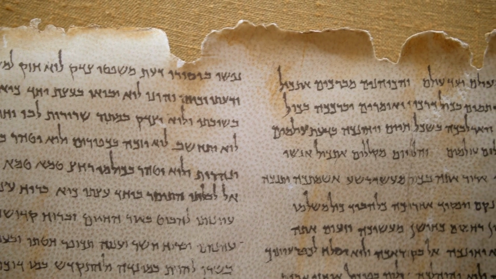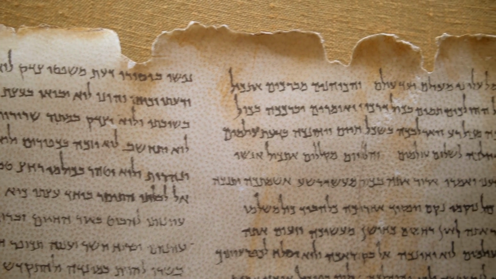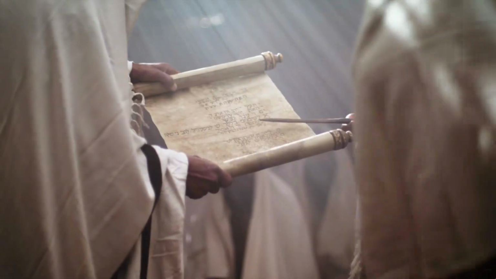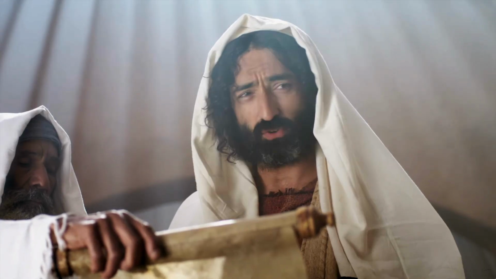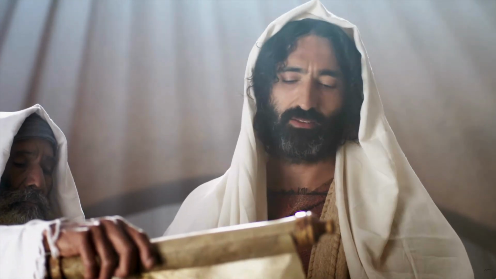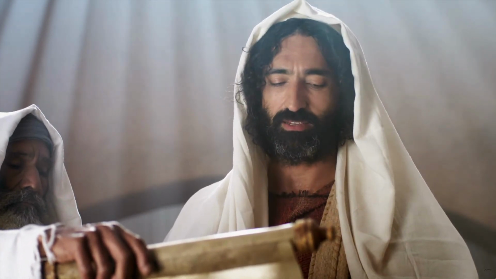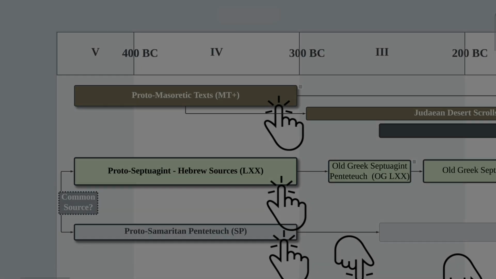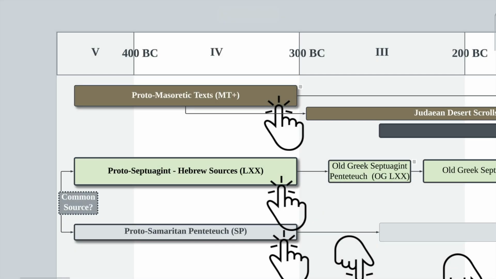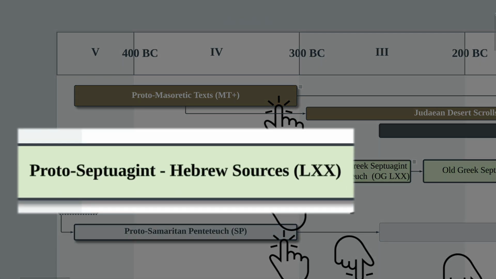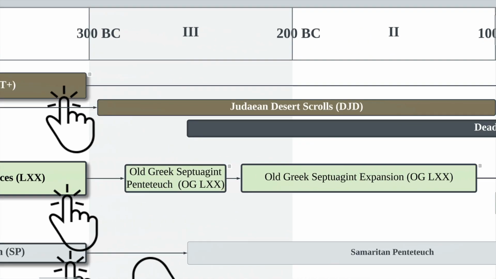Now you may be asking, but isn't it a translation of the original Hebrew? Well, yes, it's a translation of a Hebrew version that Jesus himself read out loud in a synagogue, according to Luke 4:18. So Jesus is not misquoting the Hebrew Bible. He's simply reading from an early version of the Old Testament that was translated into Greek.